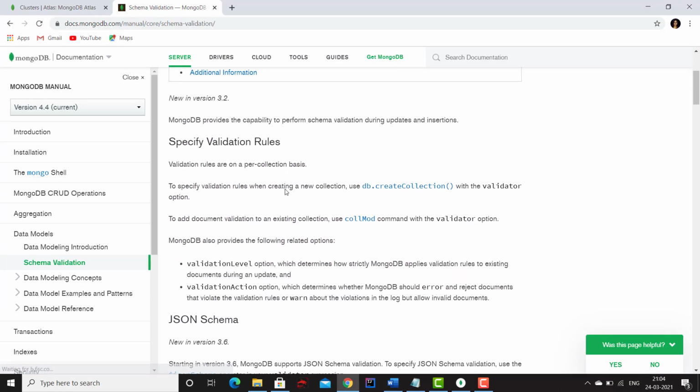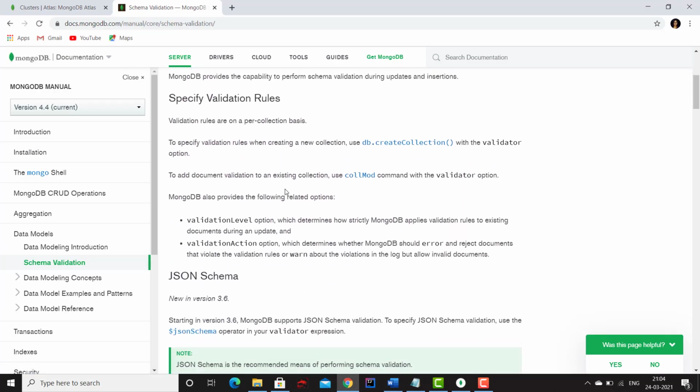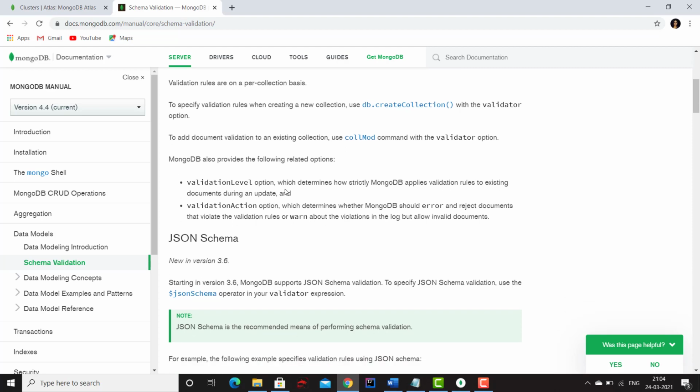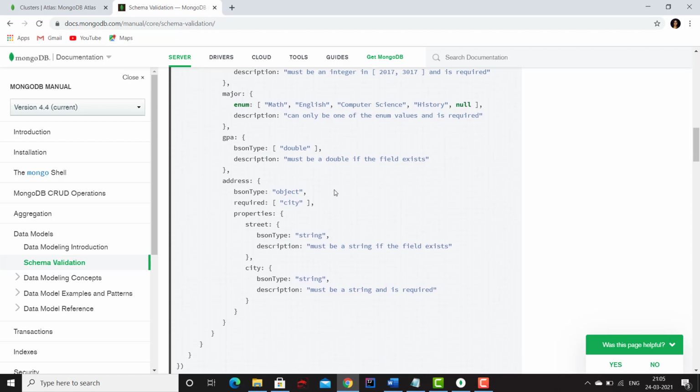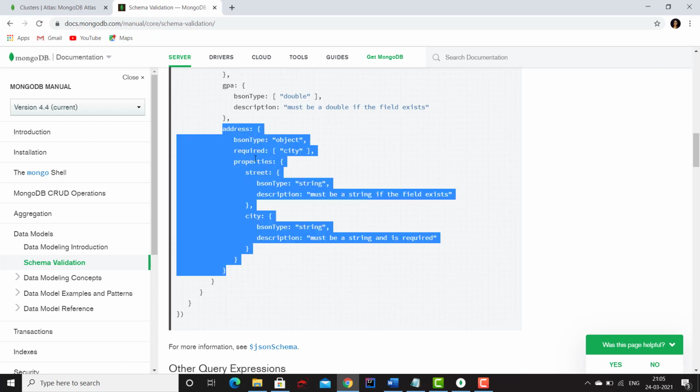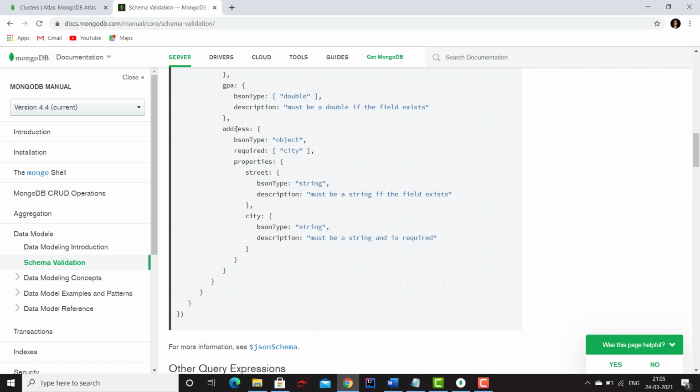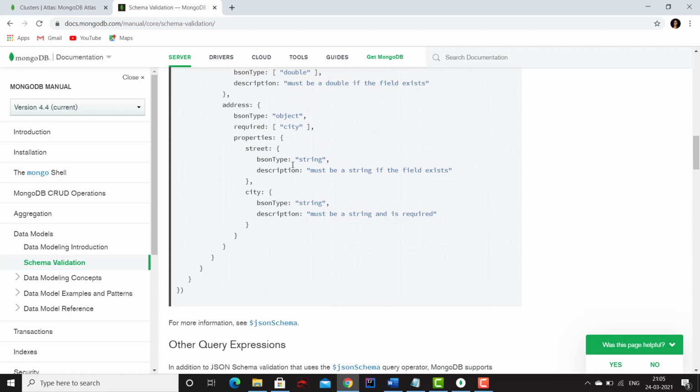So if you want to see what all things you can do in your validation, you can just check your MongoDB documentation. So here you can see you can bind some enums to your field. For an example, here we have defined that this major field can have a maximum of all these values, nothing else than that. Okay. And this is the example to set the JSON schema for some complex field like an object, which may be embedded. Okay, so this is the way in which you can define the schema for some embedded documents.